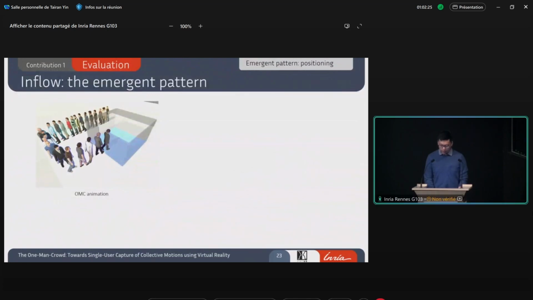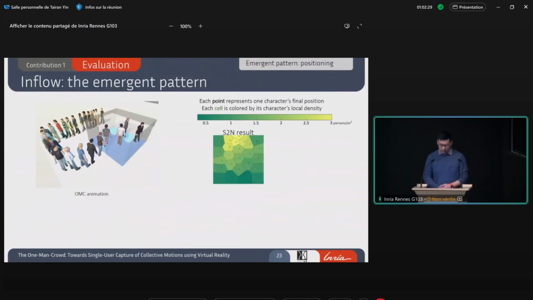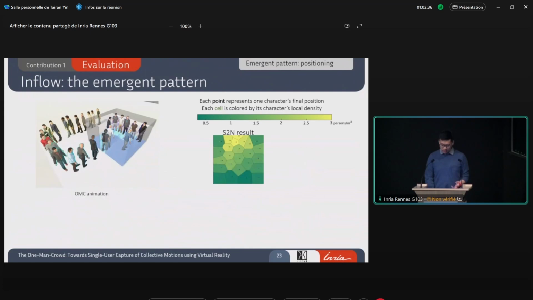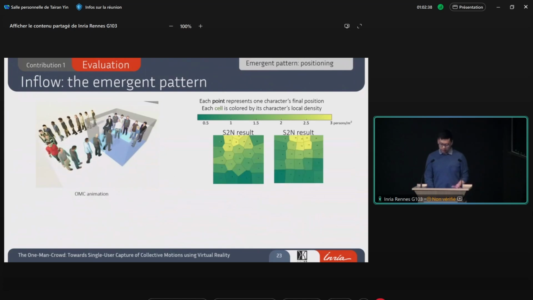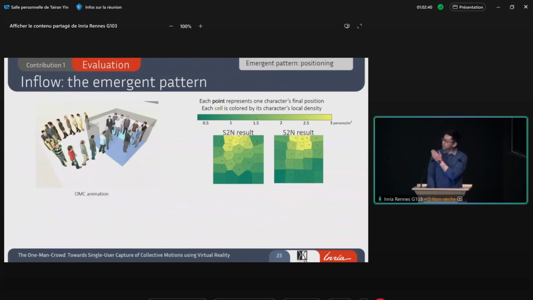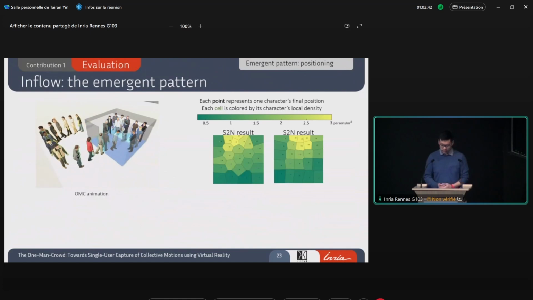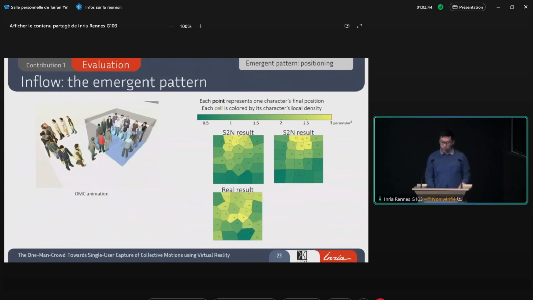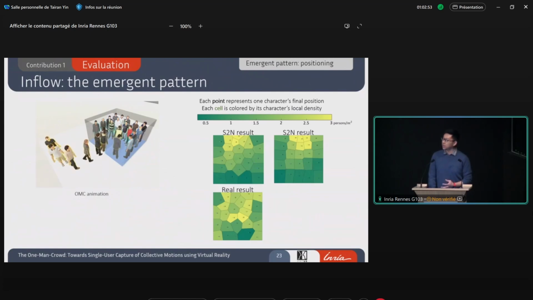And the last scenario that we replicate is an inflow scenario. The crowd is entering a virtual elevator and then choosing a place to stay. Among the estimated results, we observe some that are like the real results, and some others that show special patterns. You can see the squares in the results, and here is the real result. And again, we believe this special pattern is due to the fact that the crowd is generated by only one single person, who is repeating the same strategy all the time.